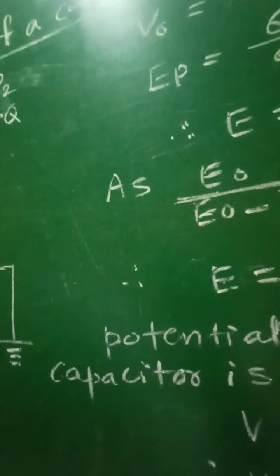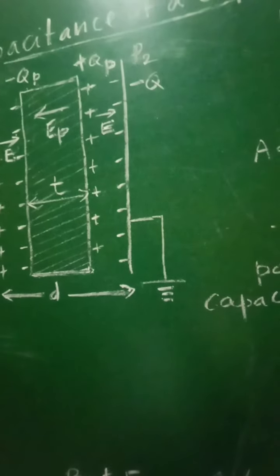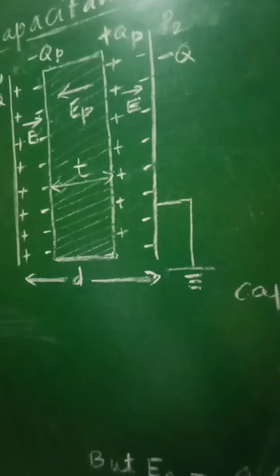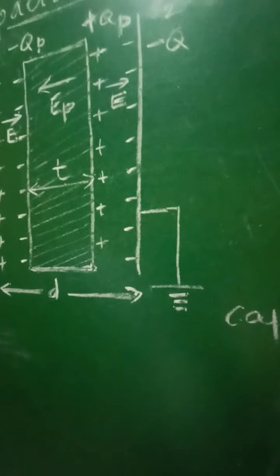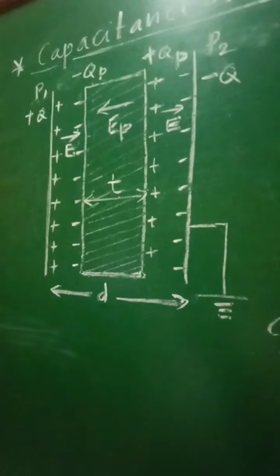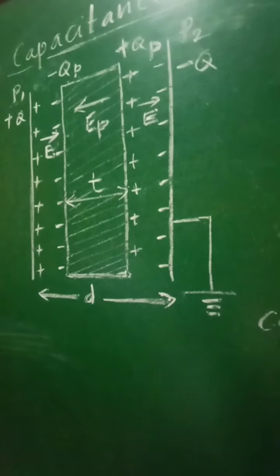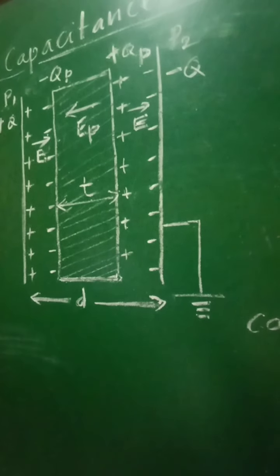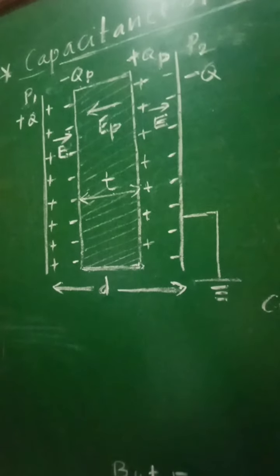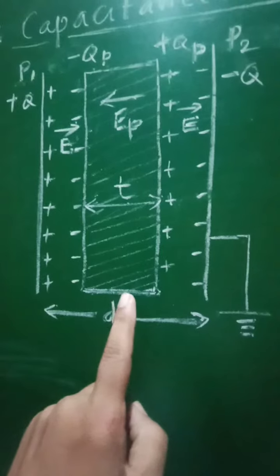Now the field E0 polarizes the dielectric, inducing charge minus Q on the left side and charge plus Q on the right side of that dielectric plate. These induced charges set up an electric field EP. So due to the introduction of this plate,